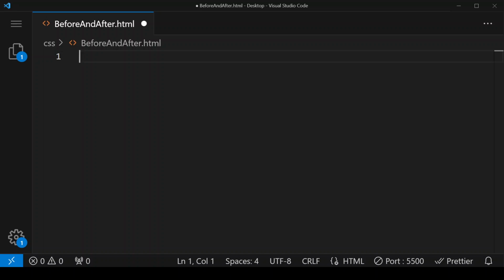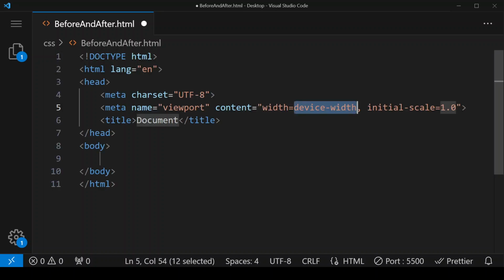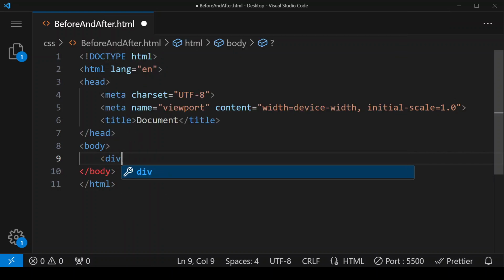Initially, we have done first letter pseudo-element and first line pseudo-element, which work on block level elements. Today, we are going to do the before and after pseudo-elements, which are used to insert an element before and after that particular element. So this is our basic HTML code, and here within the body section, this is a div